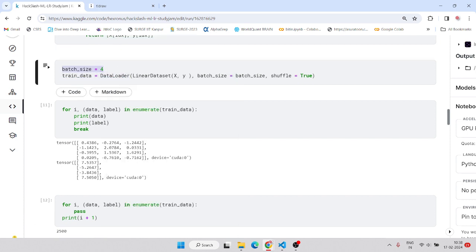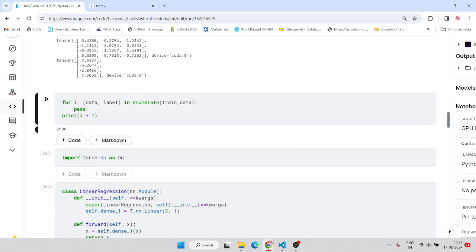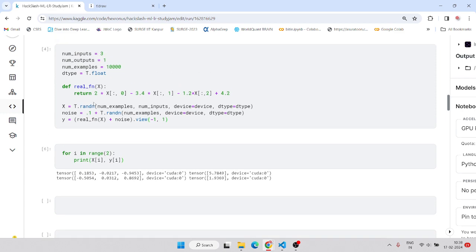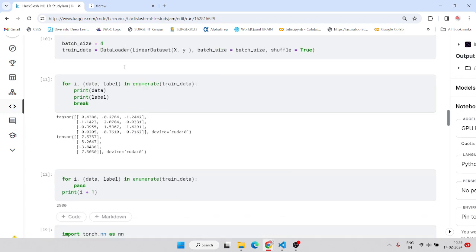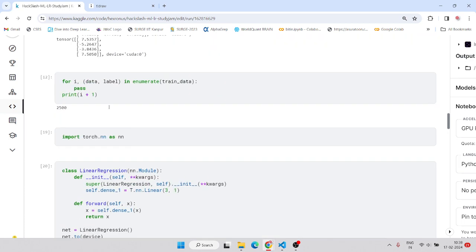And since it was in a batch of four, the data points would be 10,000 by 4, because we have initially 10,000 linear points, as you can see at this place. The num examples are 10,000. So moving down the line,